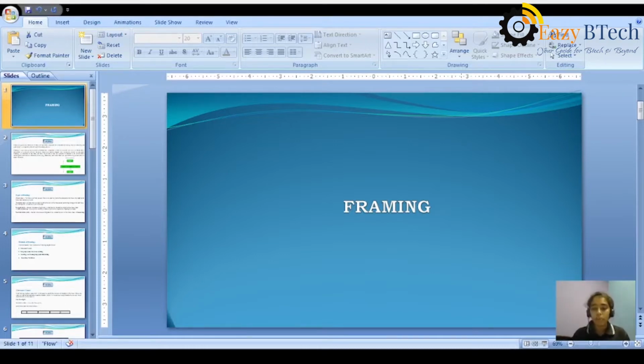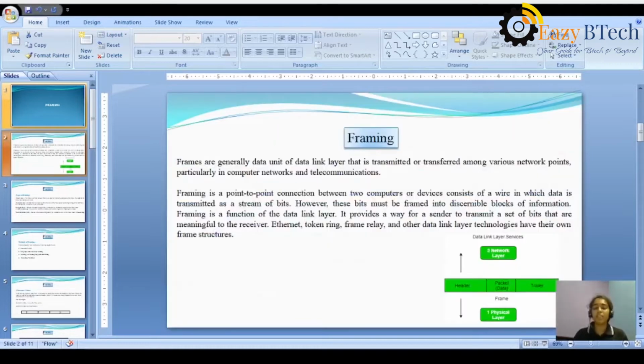So what is meant by framing? We all know that a frame is a collection of bits, a group of bits, or one data unit. It is used to transmit data from source to destination. In other words, framing is a point to point connection between two computers, which consists of a wire.